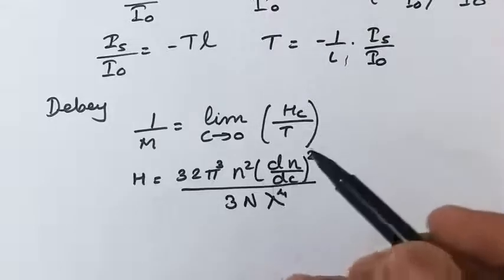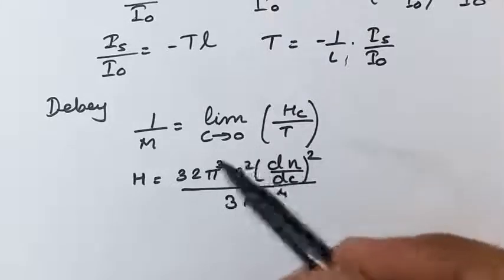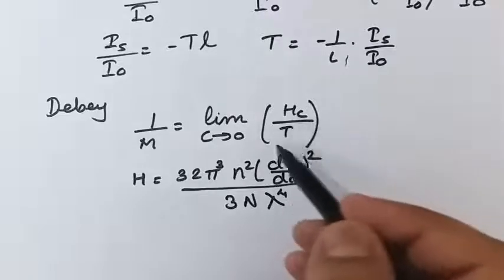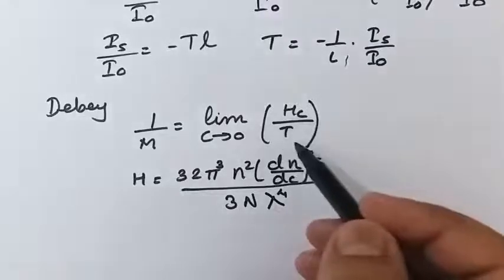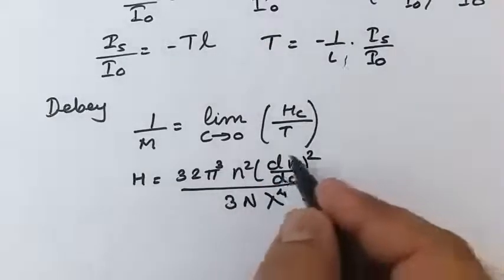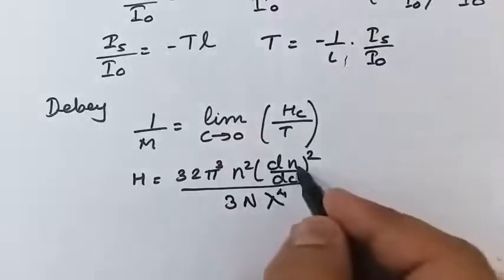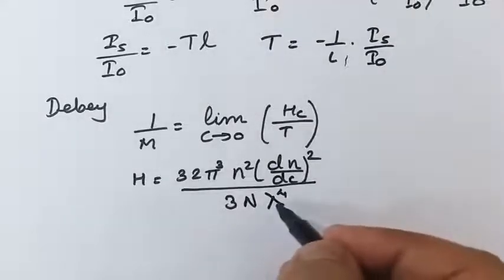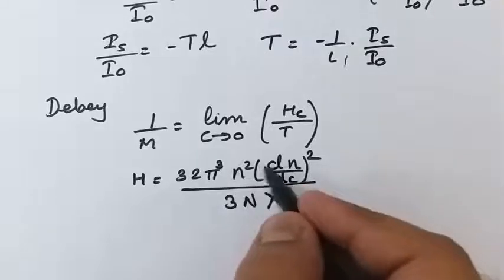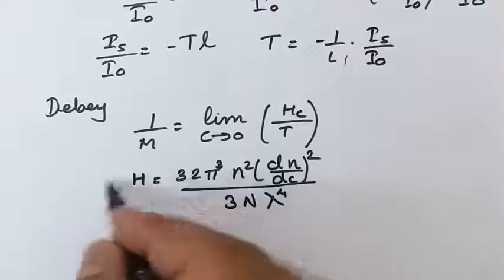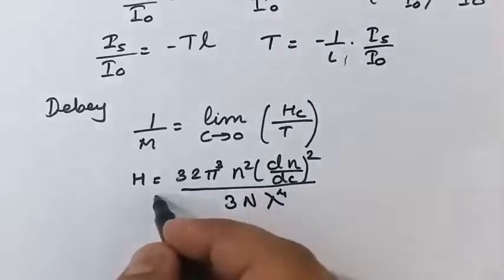So we can prepare solutions of various concentrations of the polymer, and with the help of a turbidometer we can easily measure the turbidity, and with the help of a refractometer we can easily find the refractive index and the change in refractive index with respect to concentration also. So the mole fraction is known, lambda is known, and the refractive index and its change with respect to concentration are also known, and hence the value of H can be calculated.